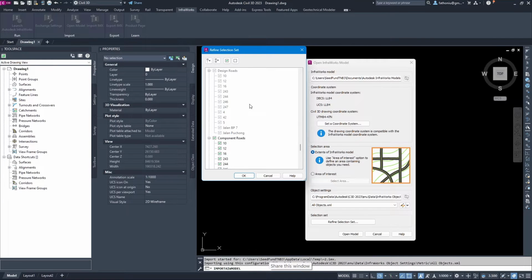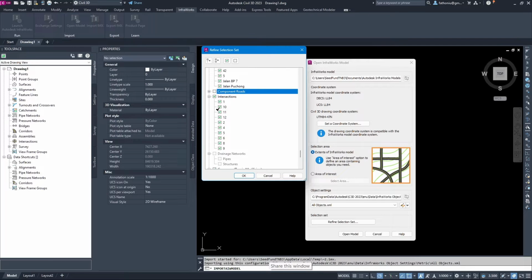And then component road, also component road consists of all the assembly. As I mentioned, the assembly in the InfraWorks model is very limited, so we untick it. Then what about intersection?